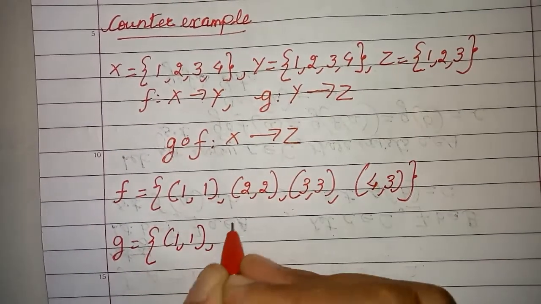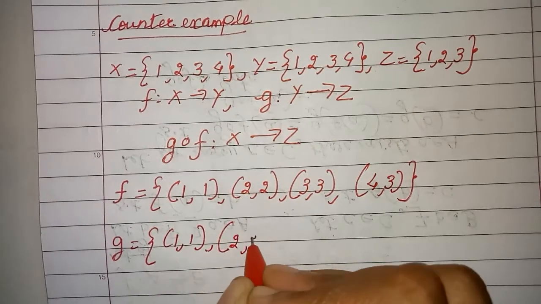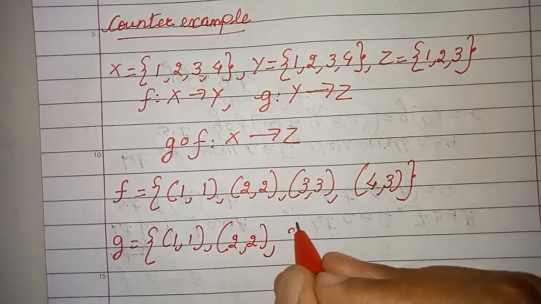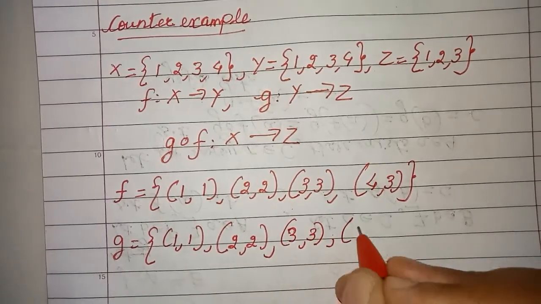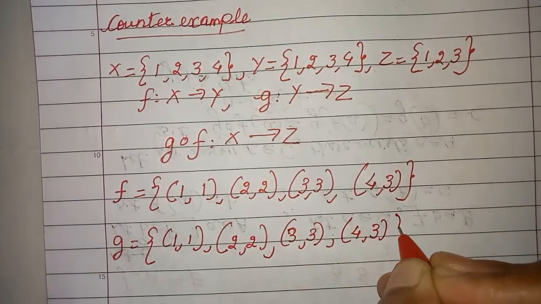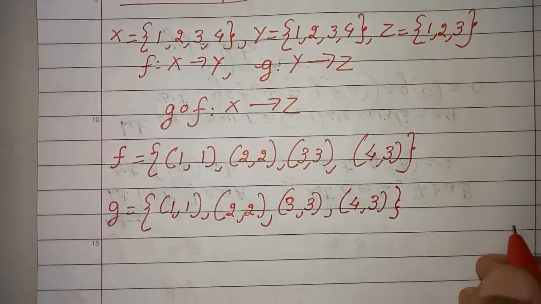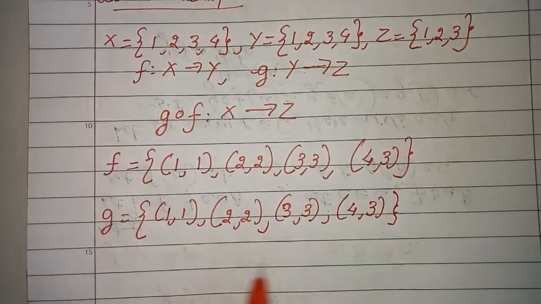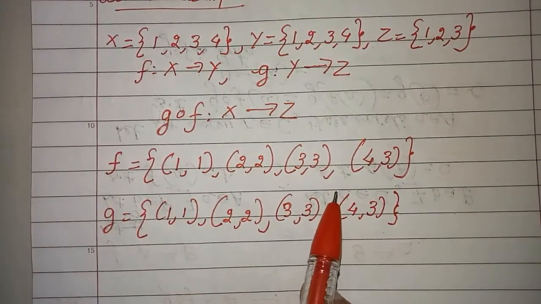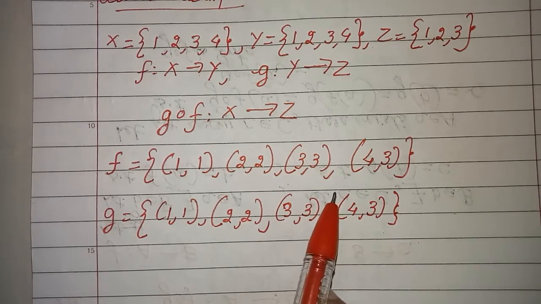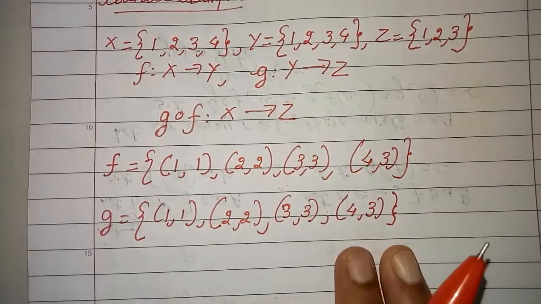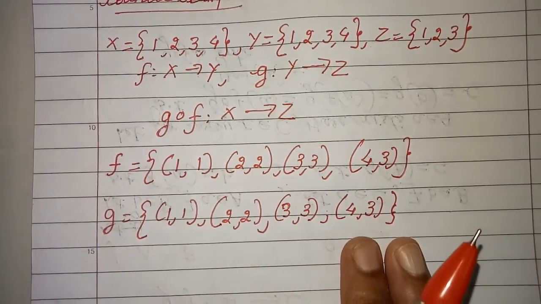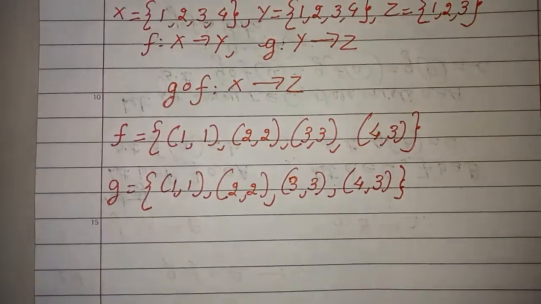1 is 1, 2 is 2, 3 is 3, and 4 is also 3. Suppose, children, this I have done in advance, in order to show you this result. Just to make you understand that the backward implication is not true, I had already prepared this example and checked it before, so that we need not waste time.